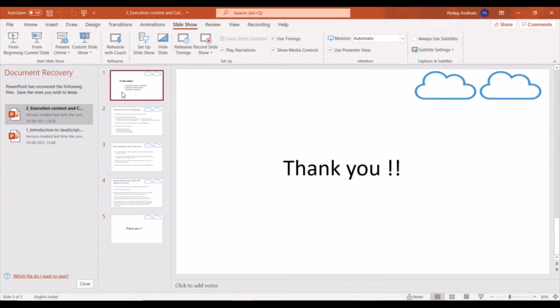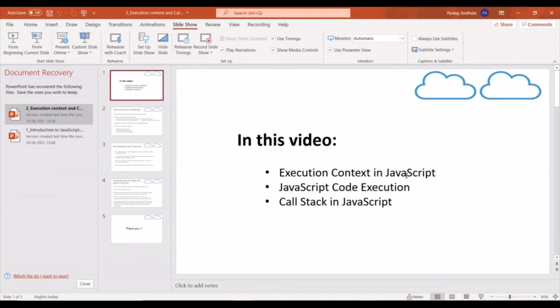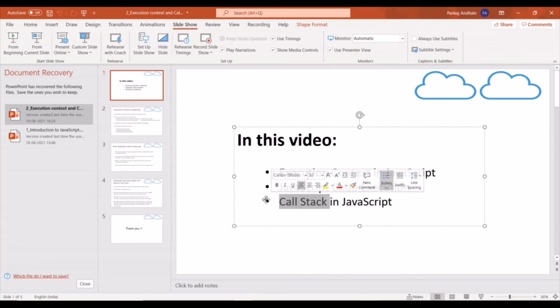Right, so we have discussed in this video the execution context in JavaScript. We have discussed different types of execution context. Then we actually saw how the execution works line by line using a program and executing it in the browser, as well as with the help of a diagram I have shown you. And we have also seen what a call stack is in JavaScript and its role in the execution of a program, correct? So this is it for this video.